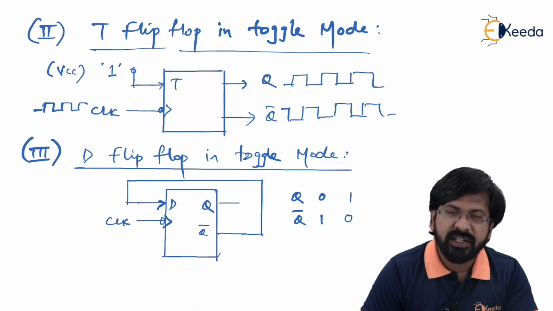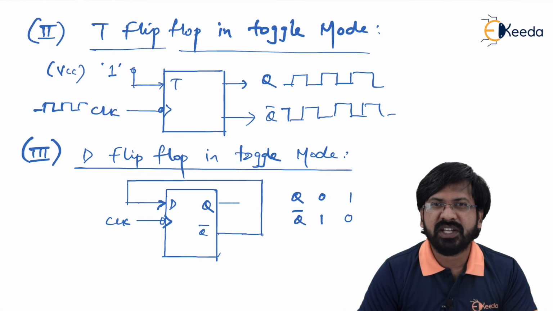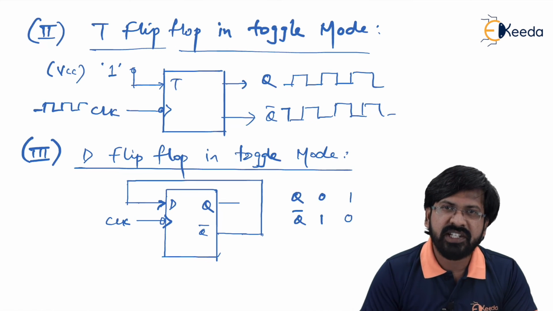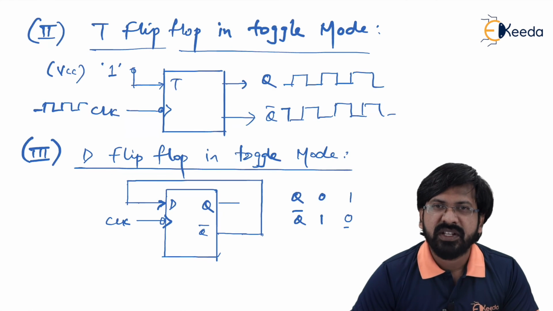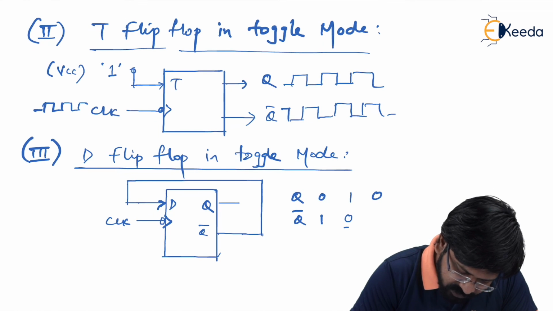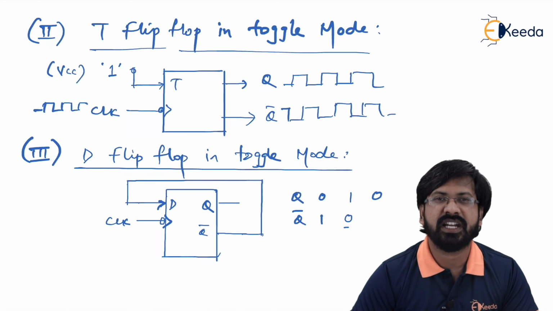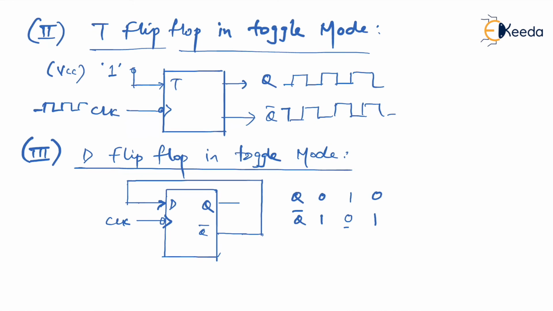Please try to understand. Q bar is given as feedback to D. Since Q bar was 1, D becomes 1, and because D is equal to 1, on the next edge this 1 gets copied on Q. Now as you can see, the status of Q bar is 0. Since Q bar is equal to 0, next time D is equal to 0, and because D is equal to 0, this time Q becomes 0 because of the negative edge. Next, since Q is 0, of course Q bar is bound to become 1. Next time when Q bar is 1, D becomes 1, which is copied on Q at the next negative edge, and consequently Q bar becomes 0. So as you can see, even here a square wave is generated.